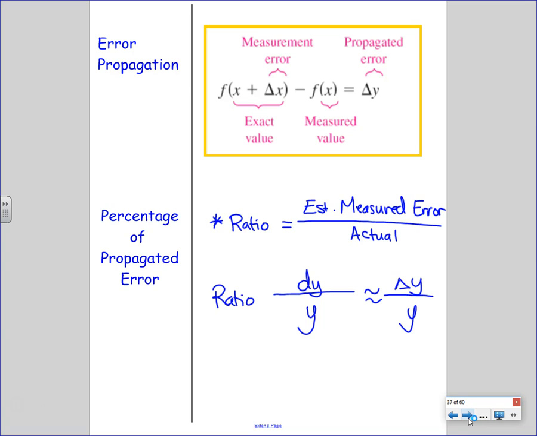But the long story short, you guys know percentage of error from other classes, or most of you have dealt with it in other classes, where you take a ratio, a fraction of the measurement error in your estimate over the actual. How far off are you actually? How much does that really affect what's going on? How bad is it? That's another way of thinking about it. Because if your measurement of something was like an inch, and you were plus or minus a half inch off,